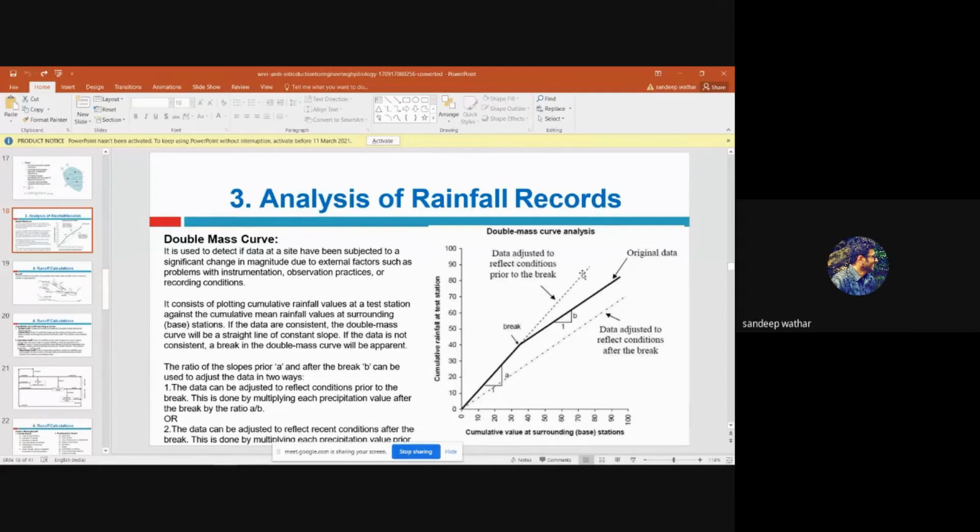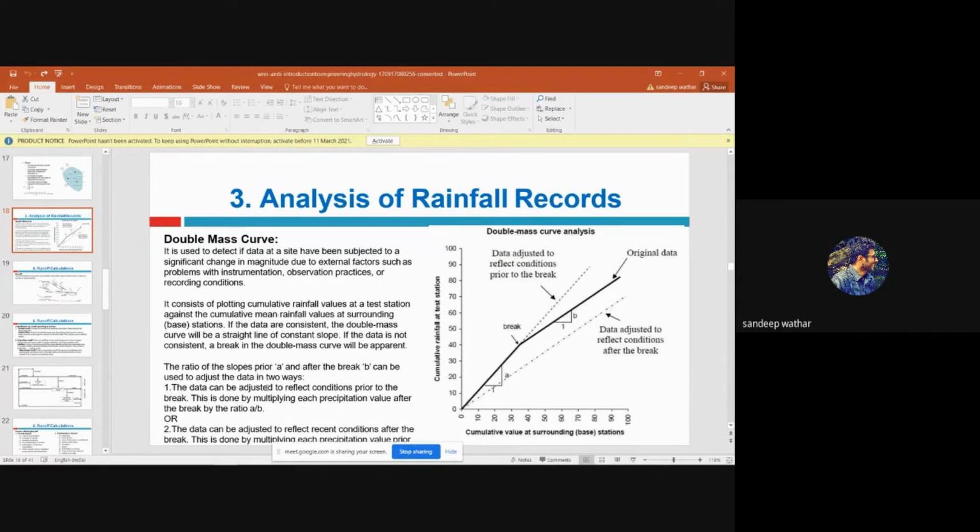Okay. So next what happens is if there is an error in the value, like see, if there is a straight line, it represents that both stations recorded similar kind of values, similar kind of rainfall. Okay. So if this line doesn't go with the straight line, it basically tells you that there is a change or missing of rainfall, or there is a correction that is to be made from that point. Okay. So this correction is made by two conditions. This is one of the methods.